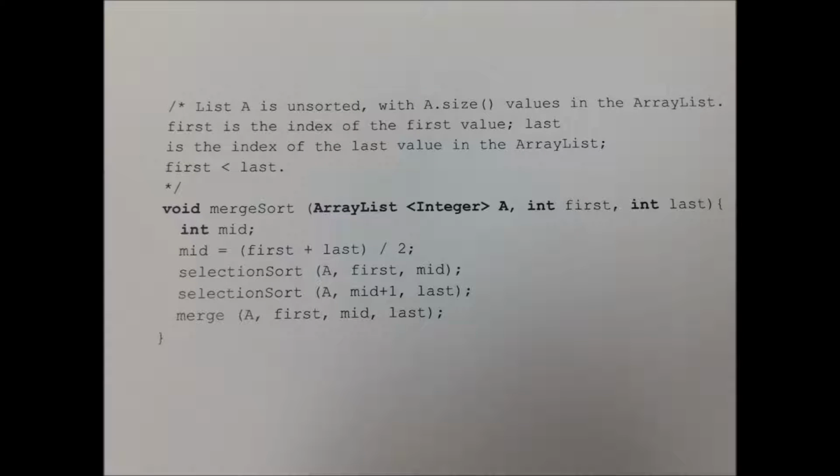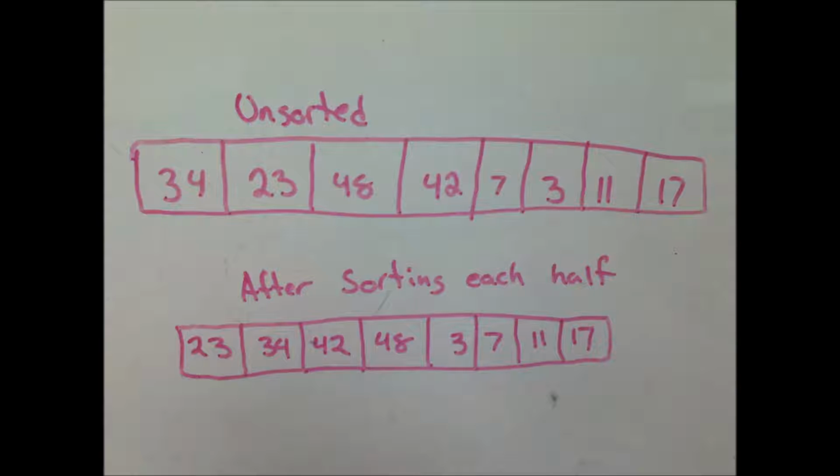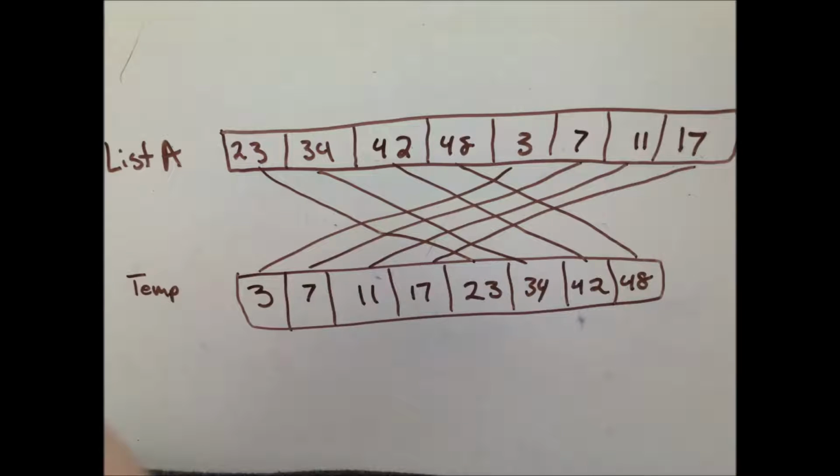We divide the list into two equal-sized parts and sort each with the selection sort. Then merge the two using an algorithm to be discussed later in this video. The following example will illustrate the action of a non-recursive merge sort on a list containing 8 values. Merging the two halves of the array in the modified merge method will require the use of a local